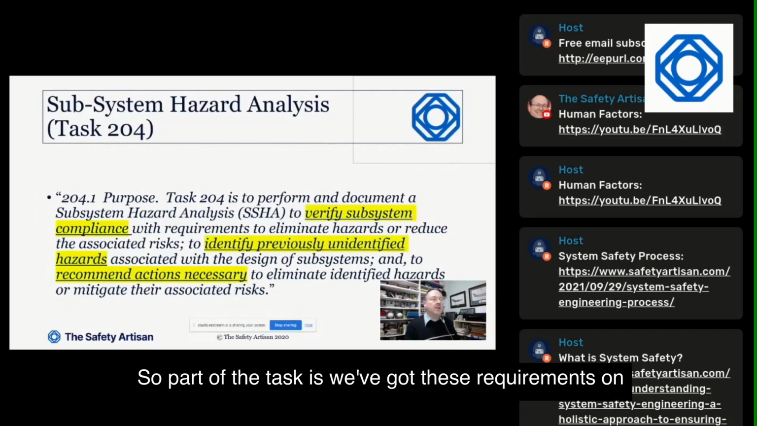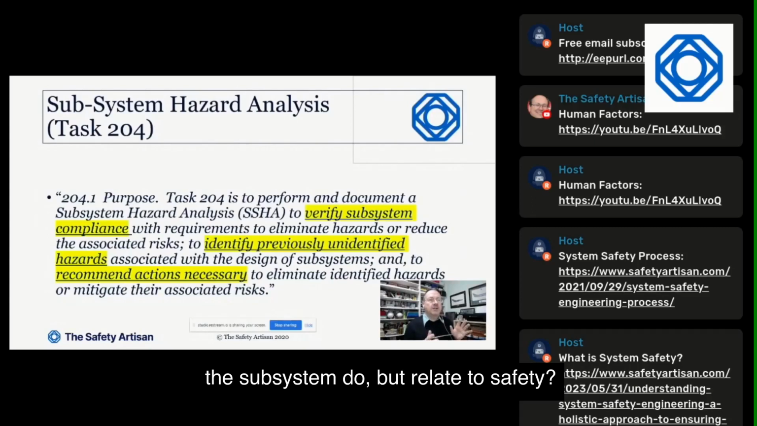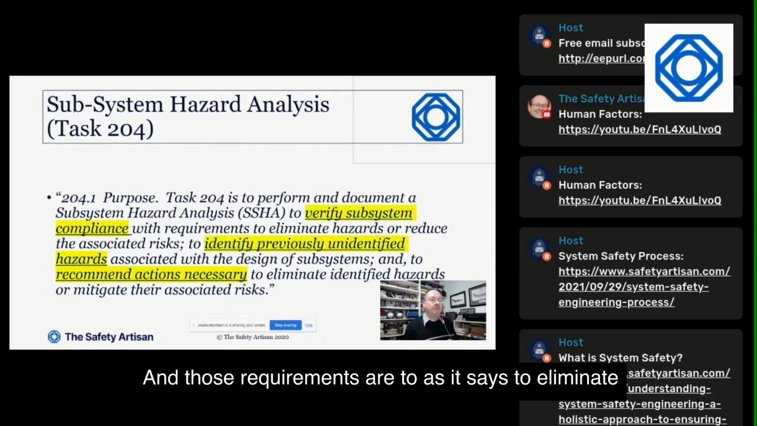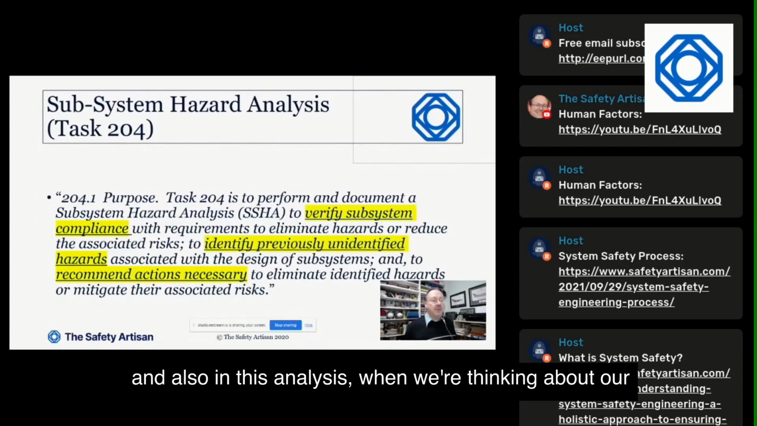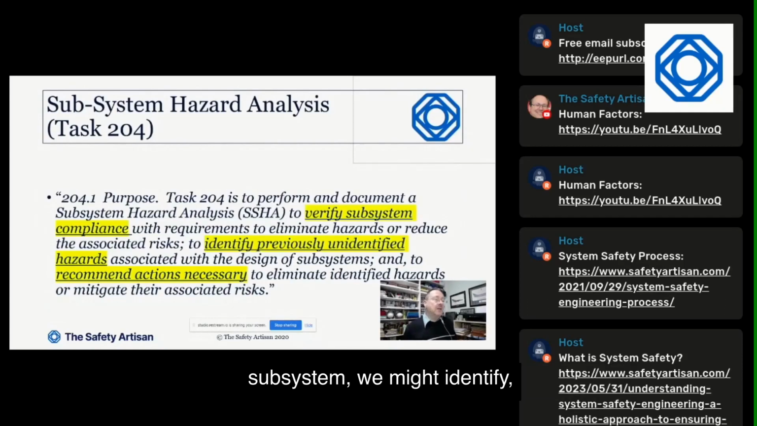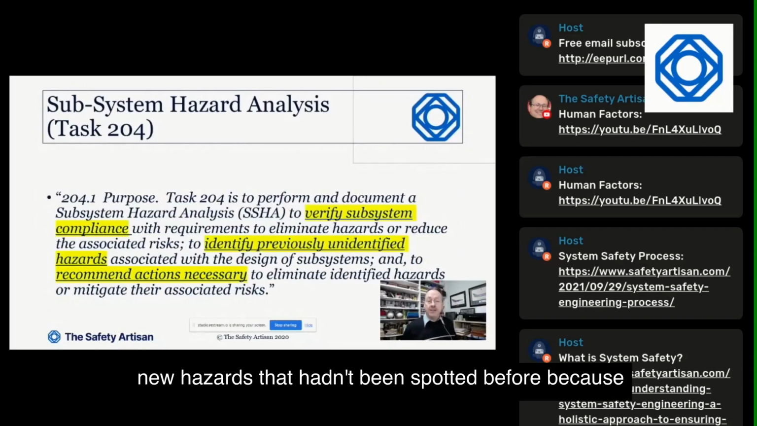Okay, so part of the task is we've got these requirements on the subsystem that relate to safety. Does it actually comply? And those requirements are to, as it says, to eliminate hazards, or if we can't do that, to reduce the risks. And also in this analysis, when we're thinking about our subsystem, we might identify new hazards that hadn't been